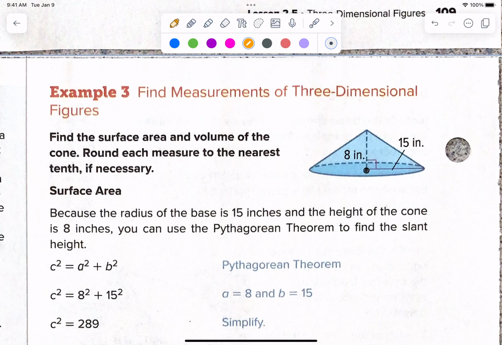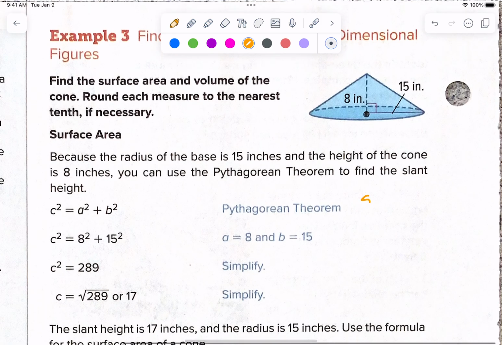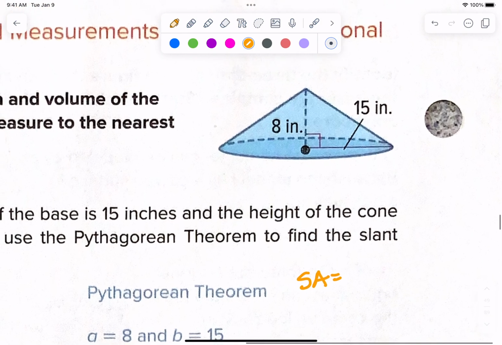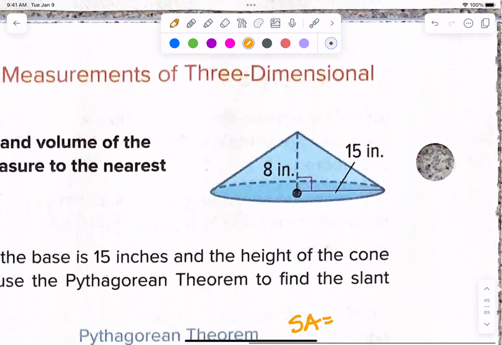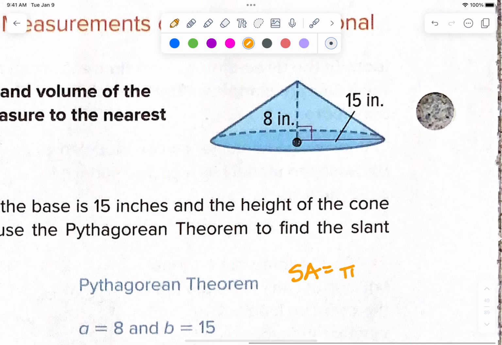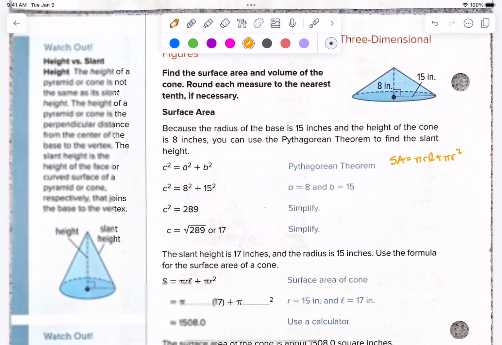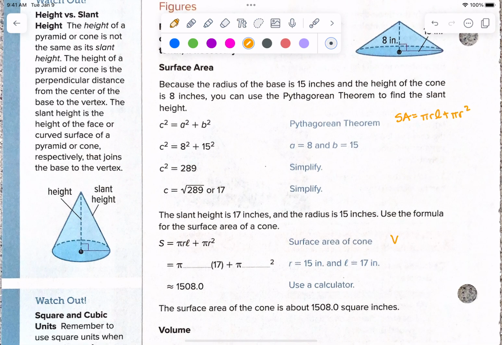Okay, here we go. Find the surface area and the volume of the cone. I'm going to go down here to surface area and write the formula for the surface area of a cone. It is pi r L plus pi r squared. Pi r L plus pi r squared, okay? And then volume, I'm going to do volume down here. Volume is